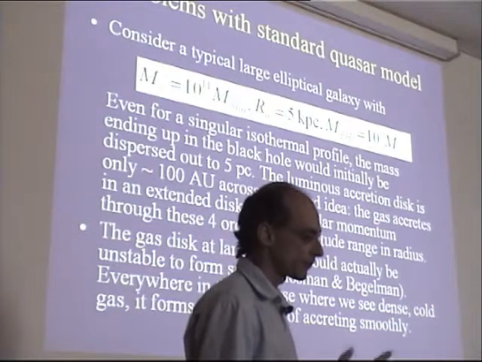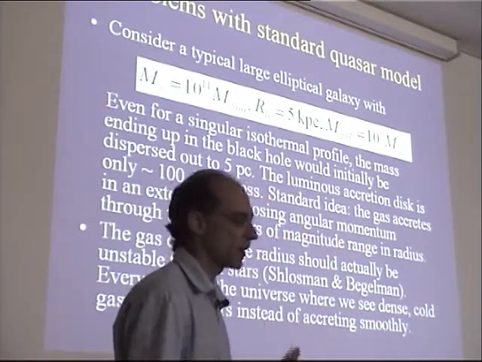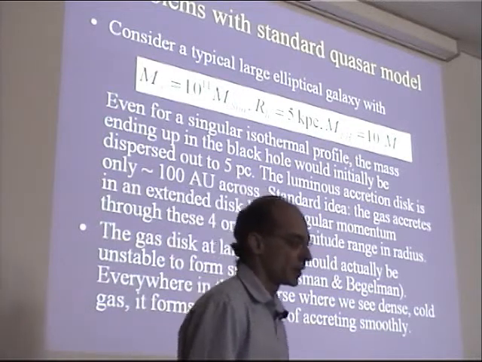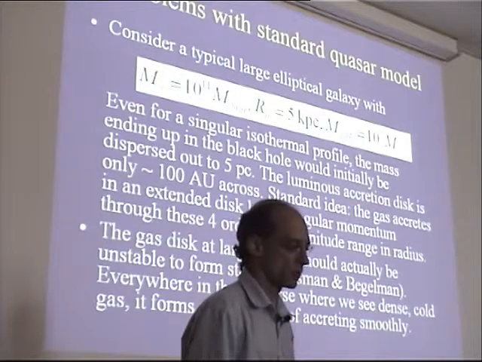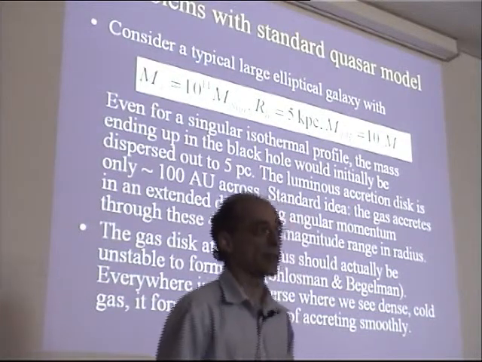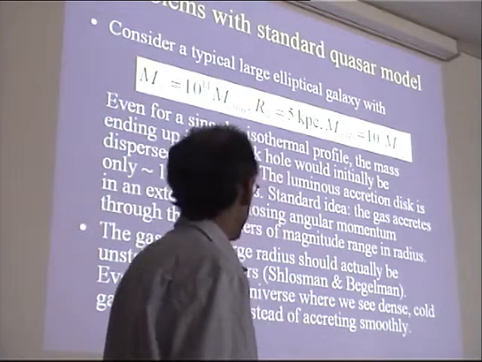But actually, when you go to large radius, essentially in this disk out to 5 parsecs or so, or even further, and you compute what the structure of the disk should be there around a quasar, it should be quite cold and essentially gravitationally unstable. So the Toomre parameter of the disk is less than 1. So it should form stars.